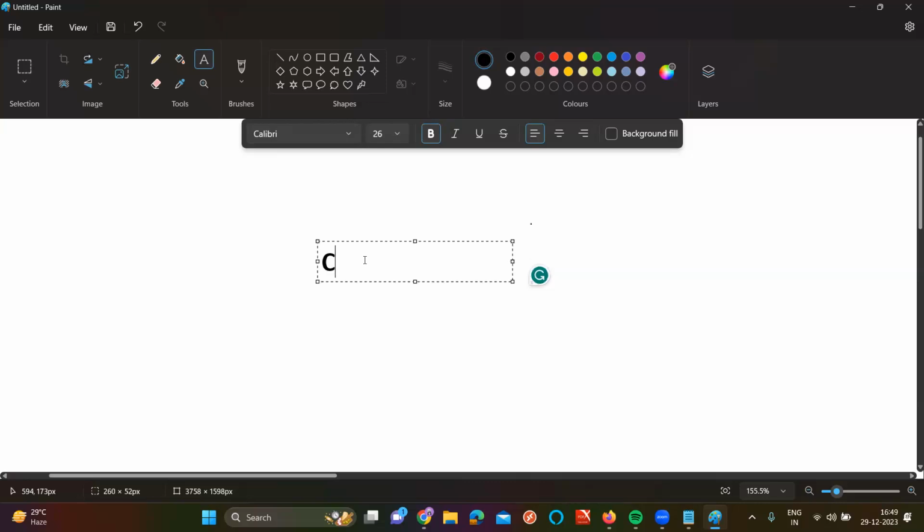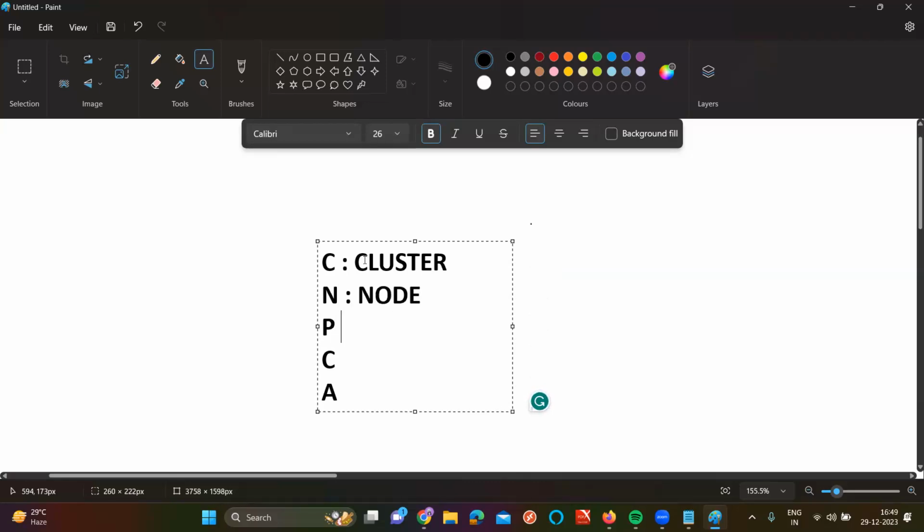First of all, in the Mega family, who is the first hero? Chiranjeevi. After that Nagababu we have, and after that Pawan Kalyan. After that Ram Charan. After that, finally, Allu Arjun is the biggest hero. Now see here, C for cluster, N for node. Nagababu, not node. P for pod, C for container, and A for application.